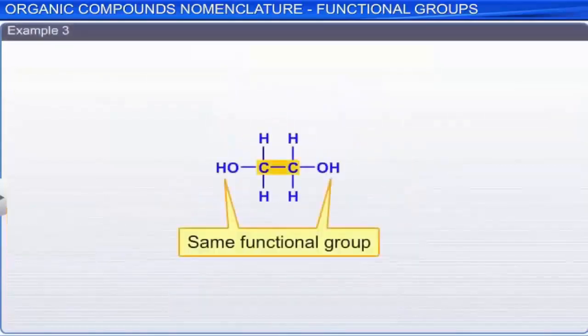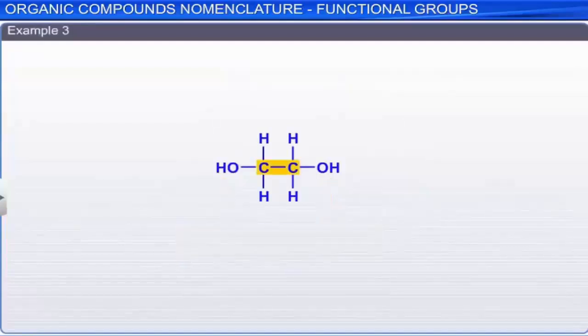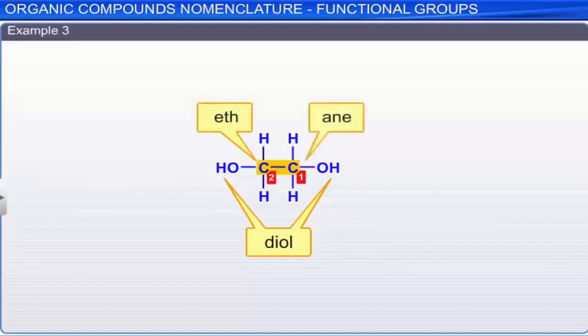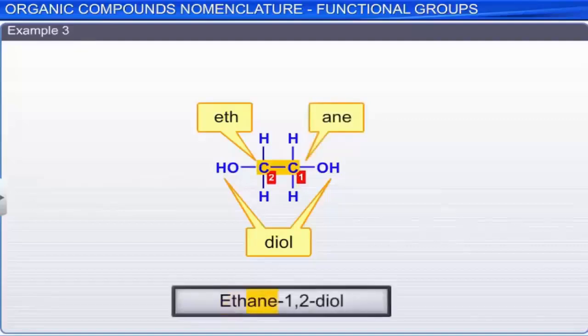If the same functional group appears more than once in a compound, we name the compound by adding di, tri, etc. before the suffix, and the full name of parent alkane is written before the suffix. In this case, since 2 carbons are present, therefore the word root is eth. A single bond is present, therefore the primary suffix is ane. Hence, the name of the compound is ethane-1,2-diol.